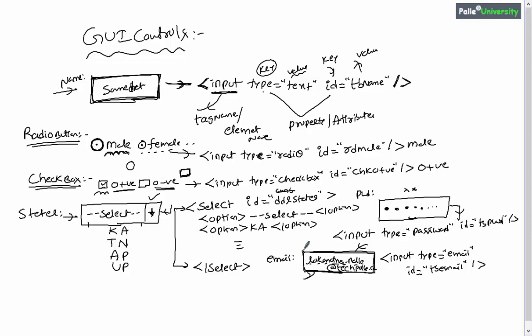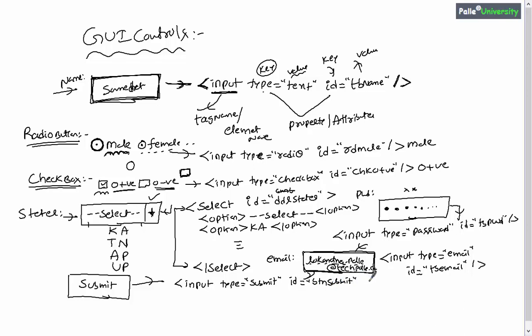And apart from all these things, we need to understand one more control called a button. What is the purpose of a button control? In general, you can click on the button control so that some action will be performed by the web page. Now, I wanted to explain one important point here. In order to create button controls using HTML, there are in fact different approaches you can use. The first approach is you can write input type equals submit, and next id equals some btn, maybe submit. Btn means button, and this value can be anything.